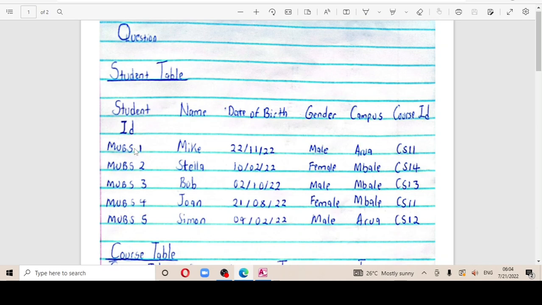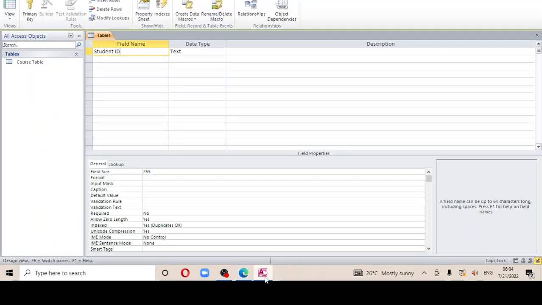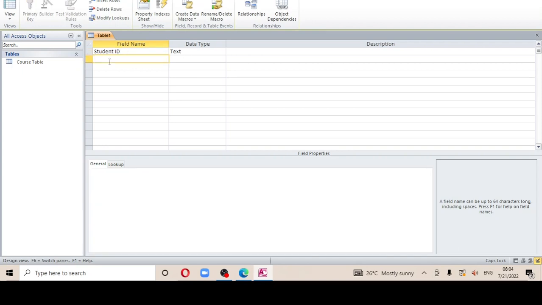Similarly, if you're having a telephone number with a 0 in front, for that 0 to be recorded, you will use the data type called text. So we put that text to cater for that. It can take in numbers and also pure text. Then name, we go to name, pure text. Then we go to